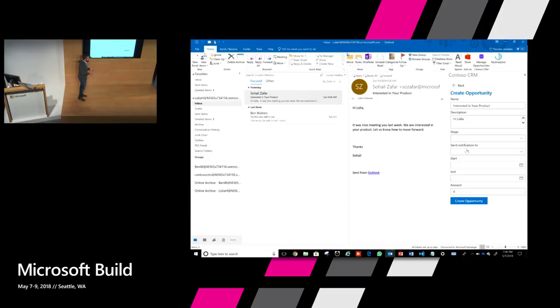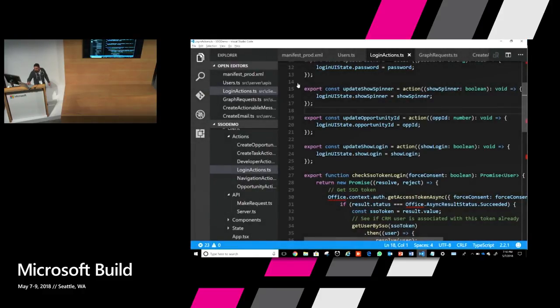This identity is exposed as a JavaScript API. As I said earlier, the add-in gets access to the Office.js API, and this getAccessTokenAsync API is part of the Office.js library.